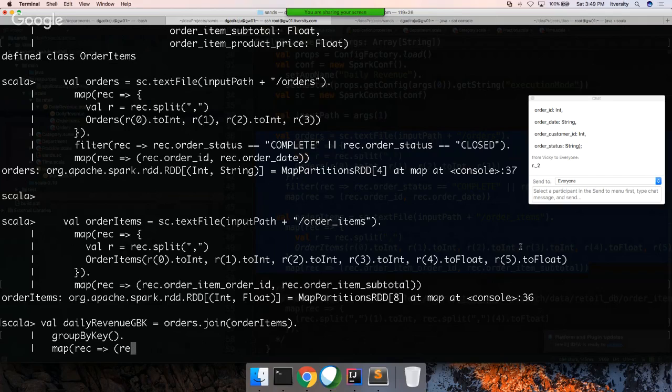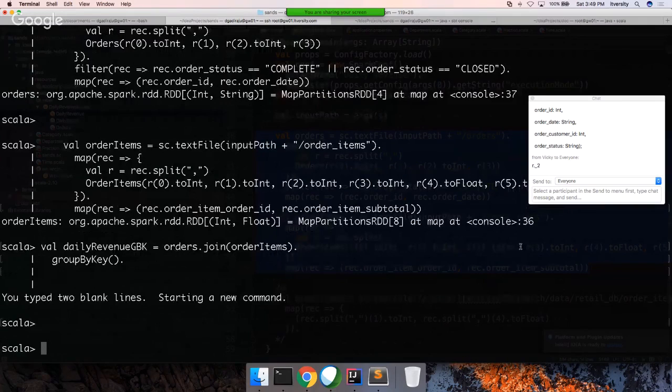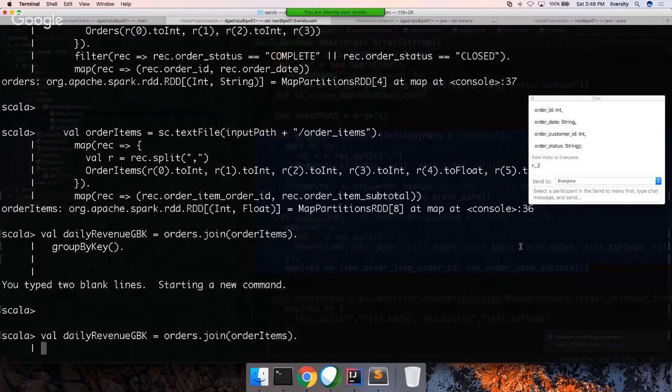Okay, just, sorry, there is something wrong. First, I need to discard the order ID and get the date and subtotal. So here I have to first use the map function, and then rec implies rec dot underscore 2, which will give